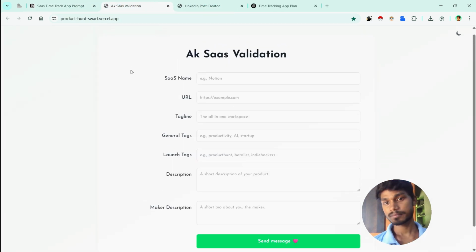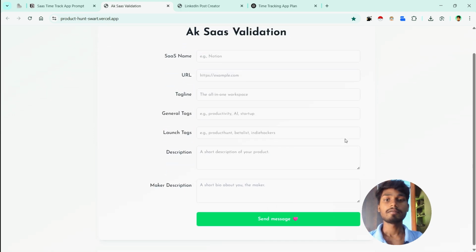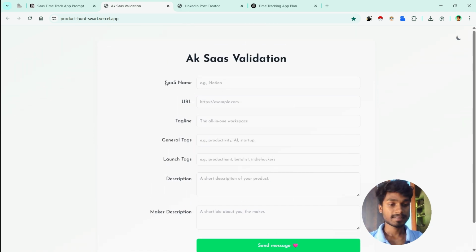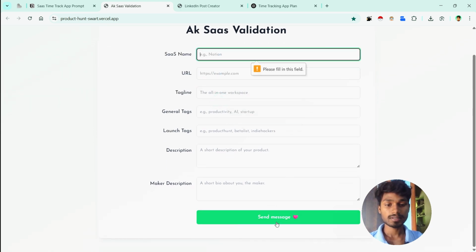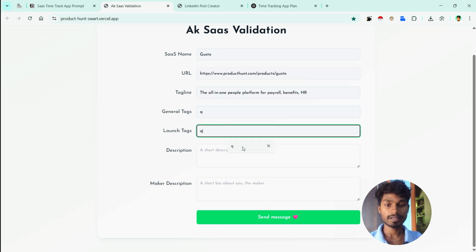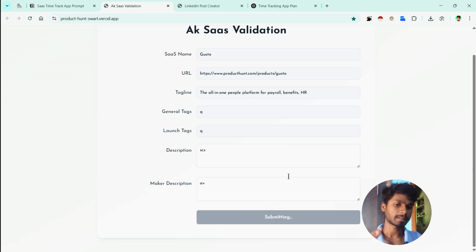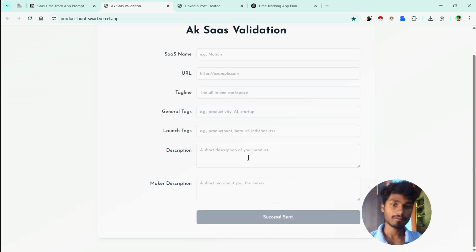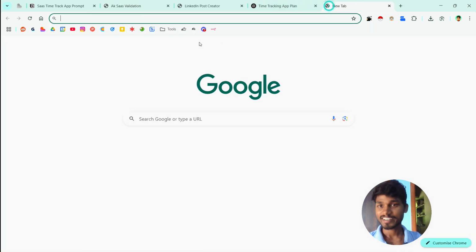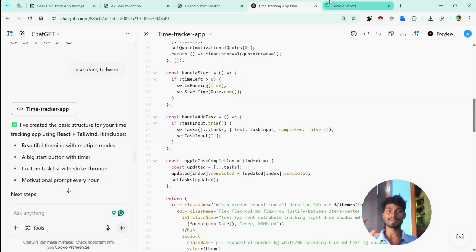And I'd like to showcase some other applications. This is the application I developed for my marketing purposes. Whenever I get some SaaS product details, I enter the details in this option. When I press send message, it waits a minute, then sends the details to the database. I'll showcase my Google Sheet, it got updated. Okay, that's not integrated